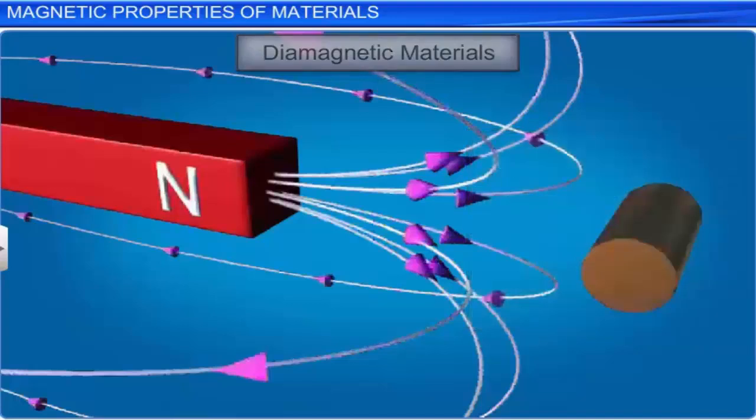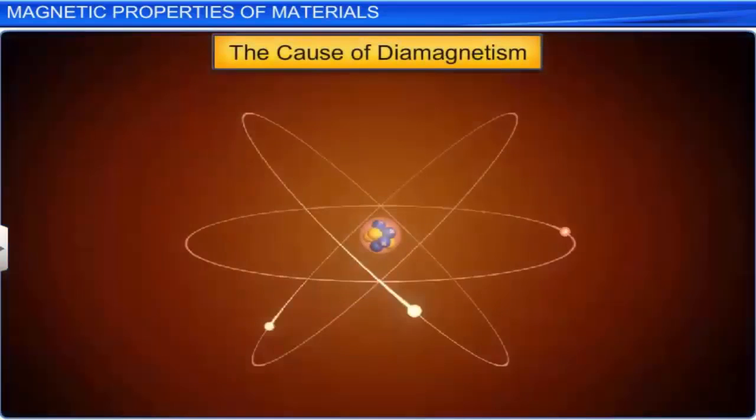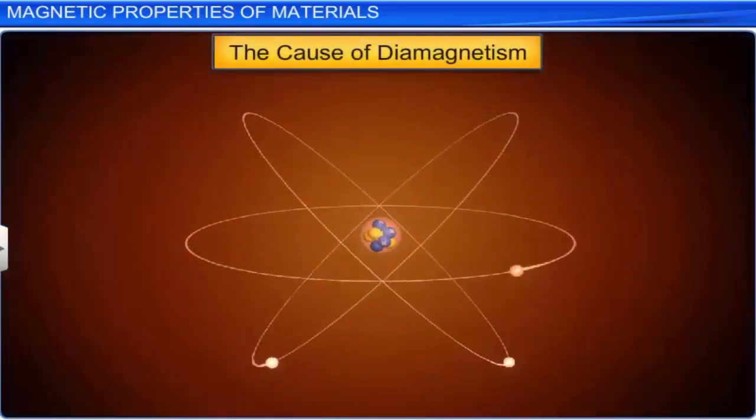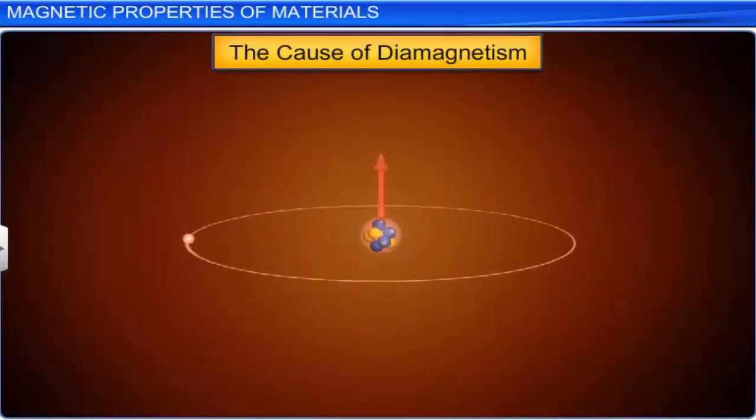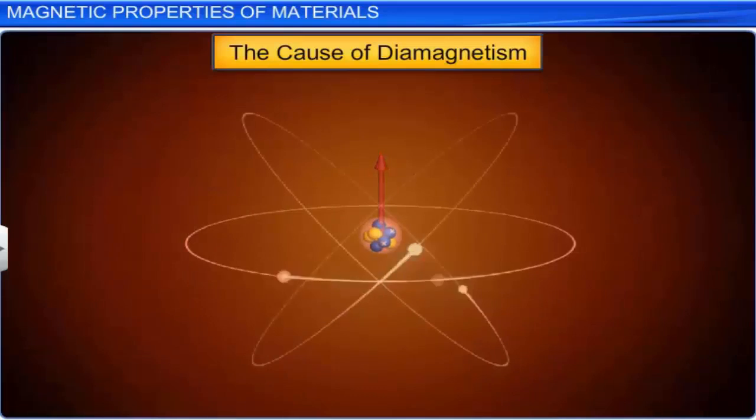Let us discuss the causes of diamagnetism. We know that the orbiting electrons around the nucleus in an atom are equivalent to current-carrying loops. These electrons possess an orbital magnetic moment. For a diamagnetic material, the resultant magnetic moment of all the electrons in an atom is 0. When the diamagnetic material is placed in an external magnetic field,